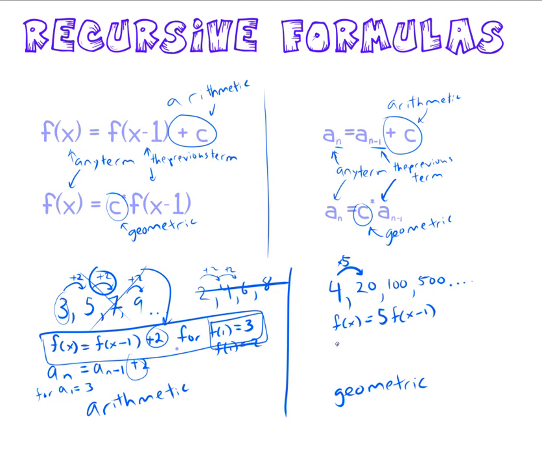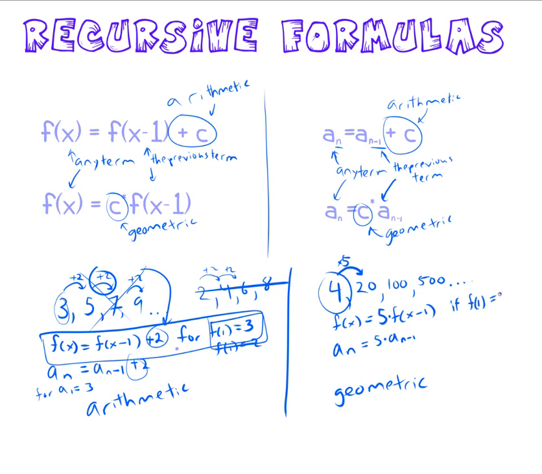The next one is going to be a sub n is equal to 5. If I was writing it the other way, it'd be 5 times a sub n minus 1, right? There we go. And these right there are my two notations for it, but I am missing something key, and as you probably guessed, I need to indicate what my first term is, and this is true for the instance where f of 1